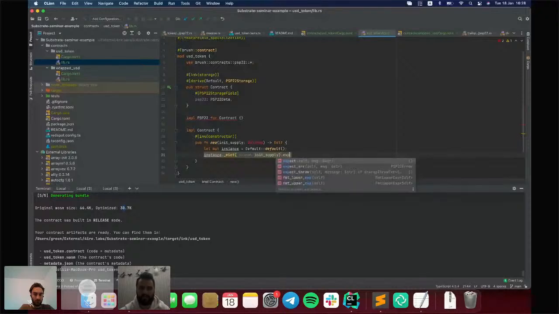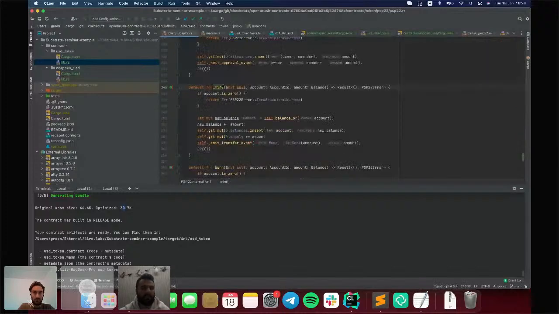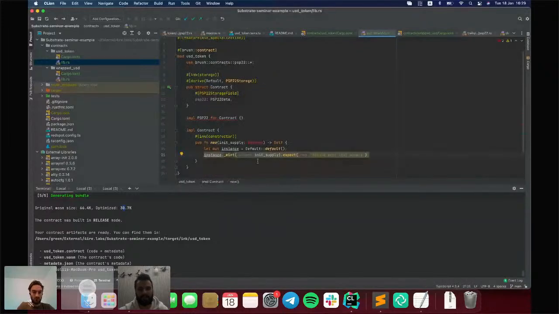We expect it should mint the init supply when the creator calls it. The mint function requires two arguments, so how much to mint and which account should get the minted tokens.